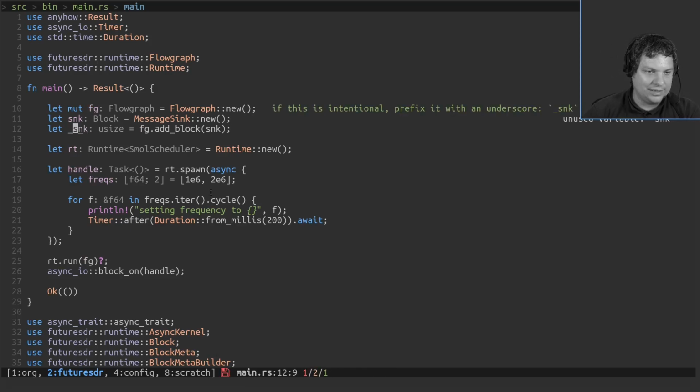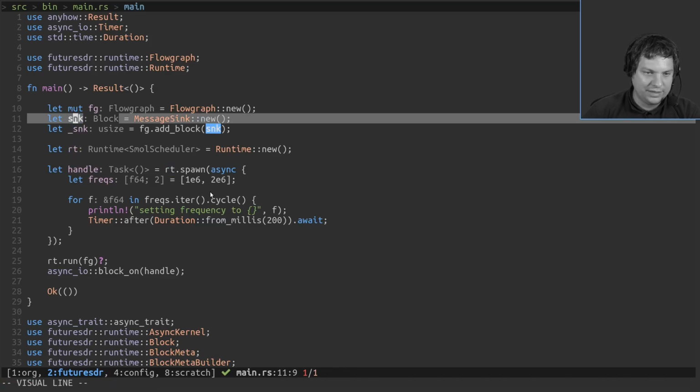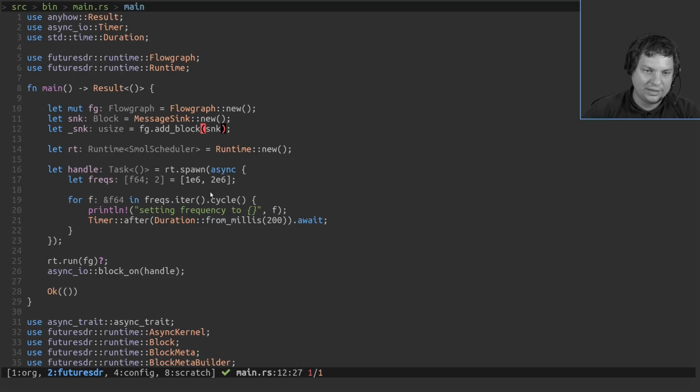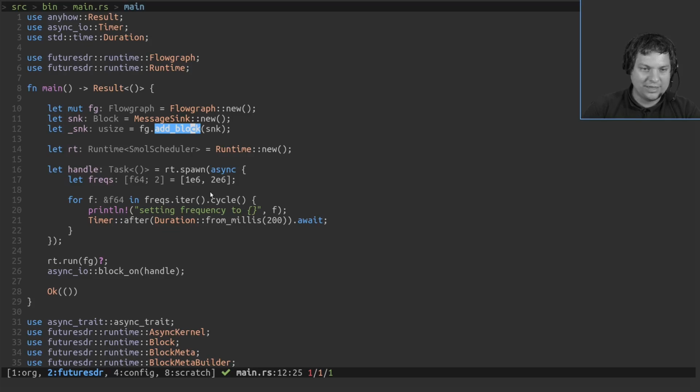We don't use it yet. We create the sink, and then we add this block to the flow graph. If you look at this function, it receives a mutable self, and it gets a block. So it really gets the block as a value, like if you had in C++, I think, a unique pointer. That means the block is really transferred to the flow graph's ownership.